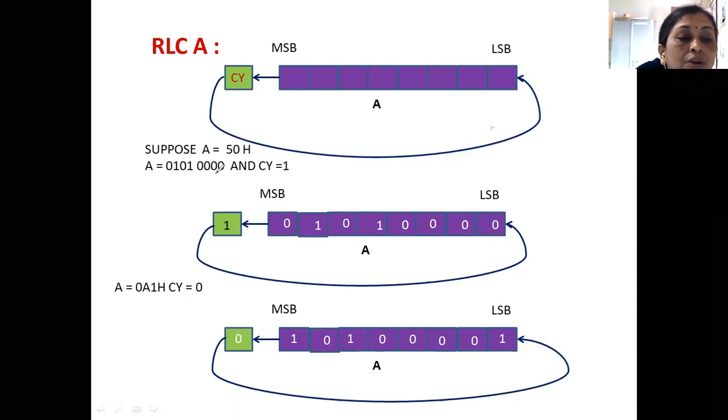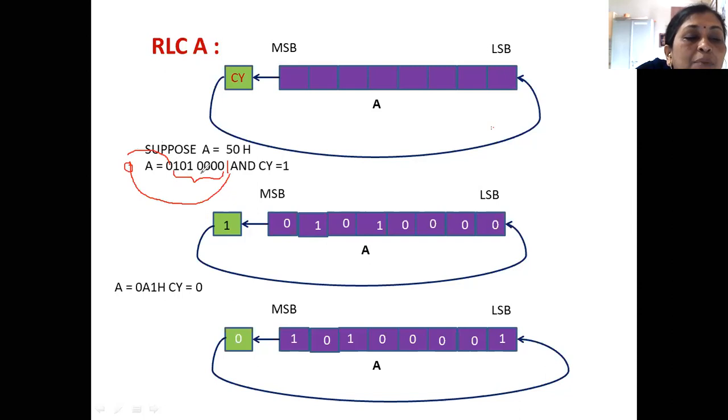So here, what you have to do? You have to consider carry also, isn't it? So suppose you have written carry 1 here. So you have to consider this much data only, and you have to bring this 1 at this place, and you have to take this at this place. So this will become 0 now, and this 1 will be transferred here.